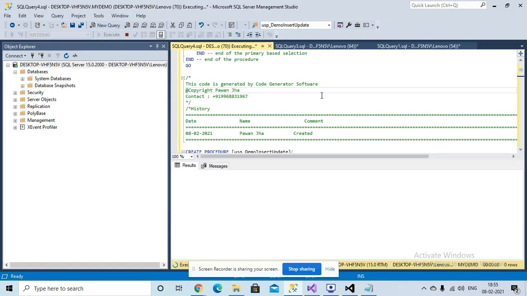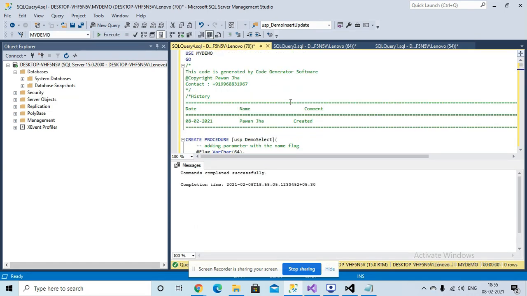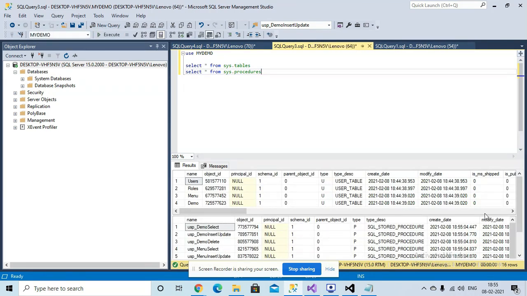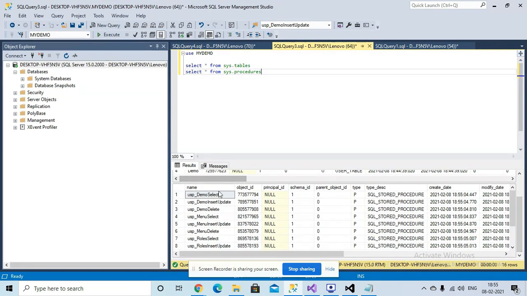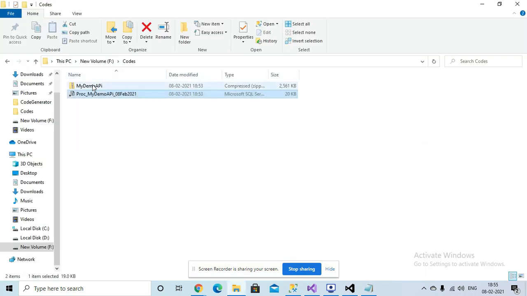I'm executing this. Now if we look, procedures are created: insert, update, delete for each table. Okay, now I'm going to unzip this folder.